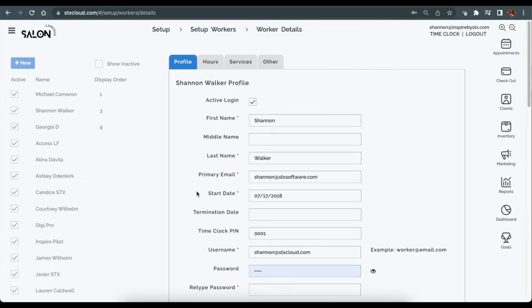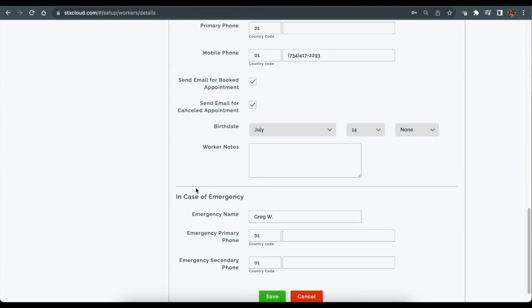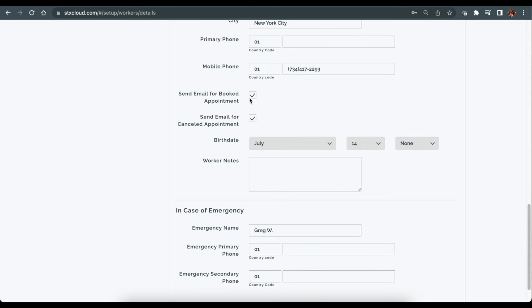On the main profile page, you will scroll down and you will see two settings. The first setting is Send Email for Booked Appointment. Anytime an appointment is booked, whether it's in-store, online, rebooked, etc., the worker would be notified via email that the